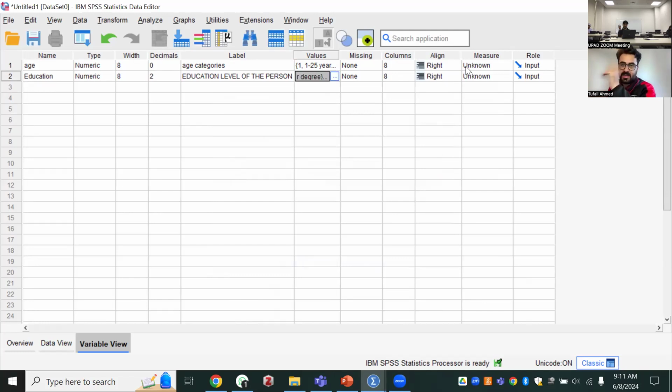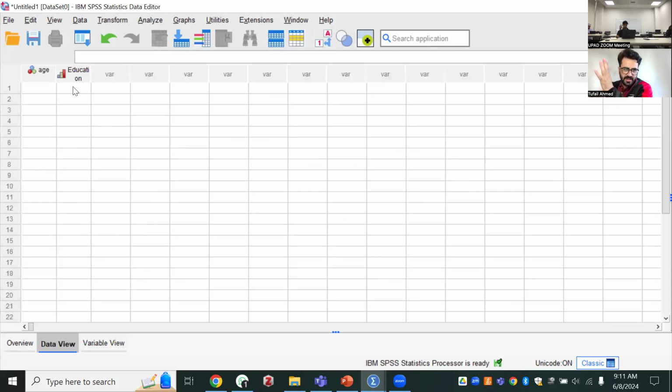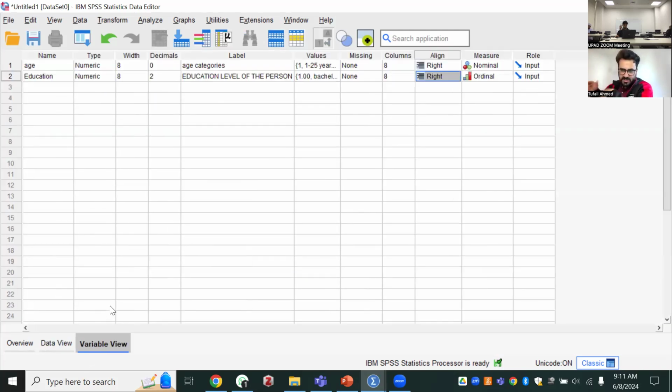One last thing, we have to define the type of data we have. Age is usually categorical. So you see, we will use categorical. And also this one, we call it nominal data. I showed you in my slide as well. And education is also ordinal data because it goes by rank. The higher you go, the higher rank you will have. So we will tell the SPSS the type of data it is. And also we can use left, right, center. That is not important. It is basically where you want to see the data when you have it here: left side, right side, or in the center.